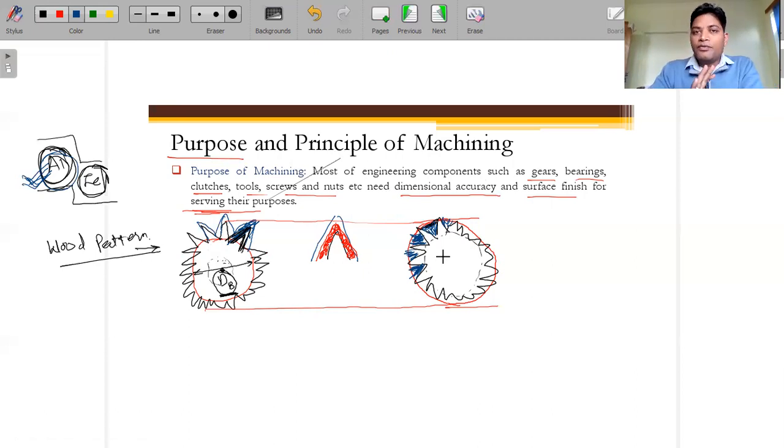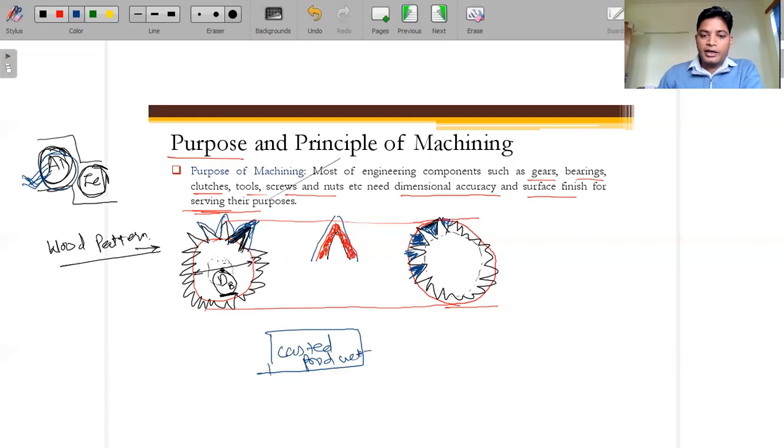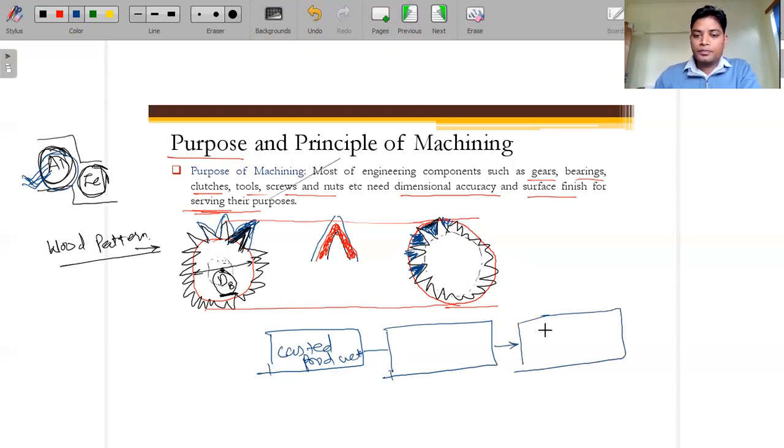Whatever the casted product we have, initially we have the casted product, and then in between we are applying the machining operations, and then the final product will be produced.